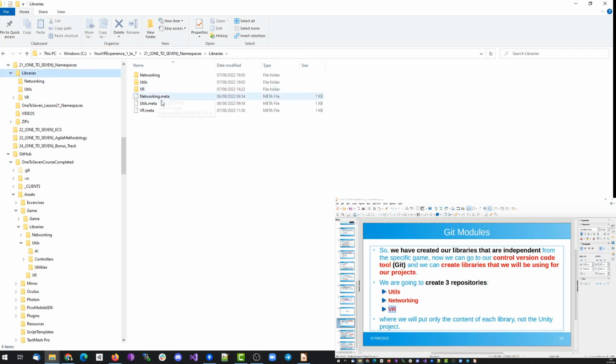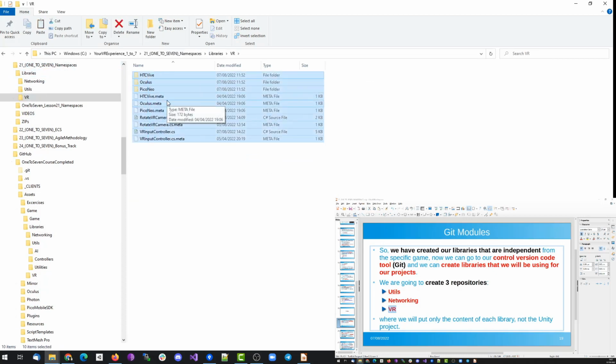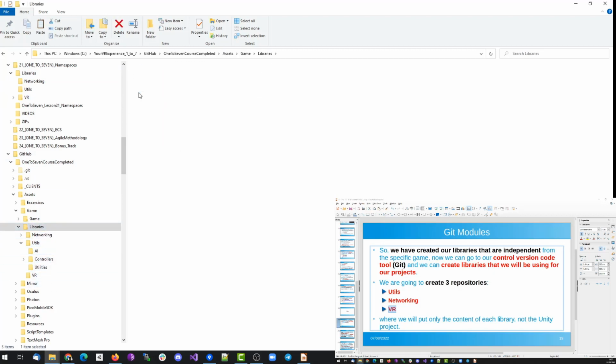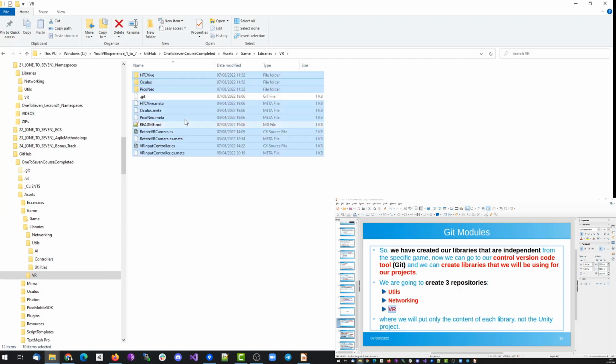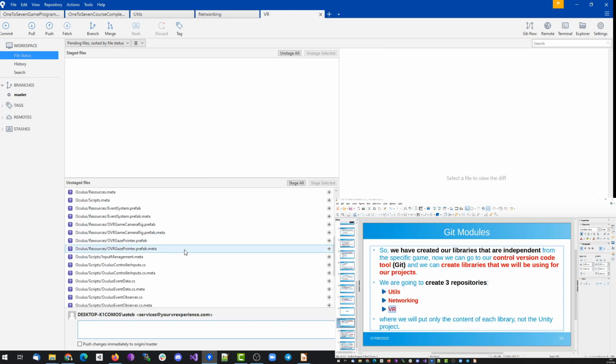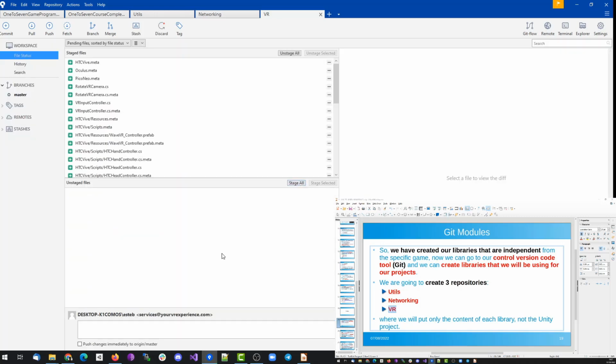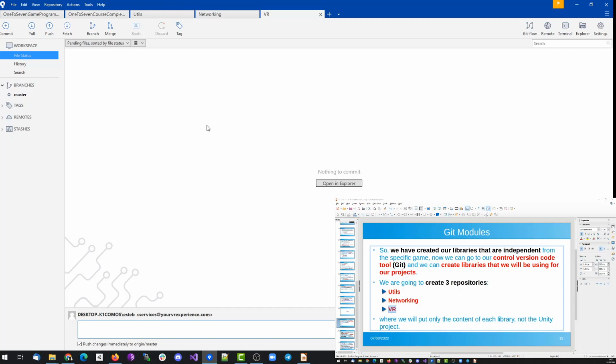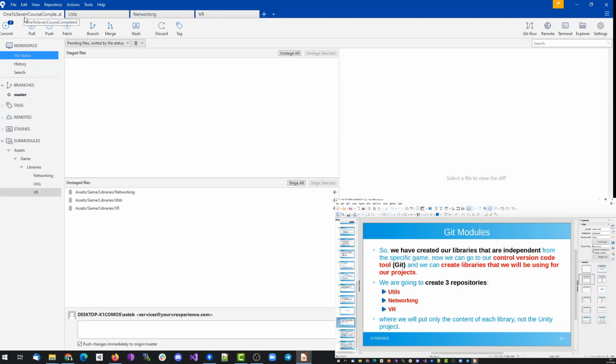your file explorer, and the final library we have to move is the one related with VR. Okay, so back to the source tree. For VR, we have all the files that we have done for the VR. So we are going to stage all, and we're done. To summarize what we have done, first of all, we have created the full project, leaving out